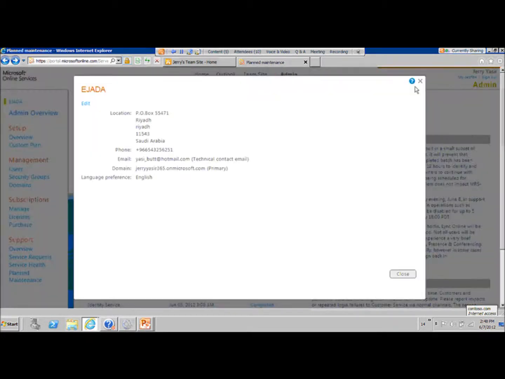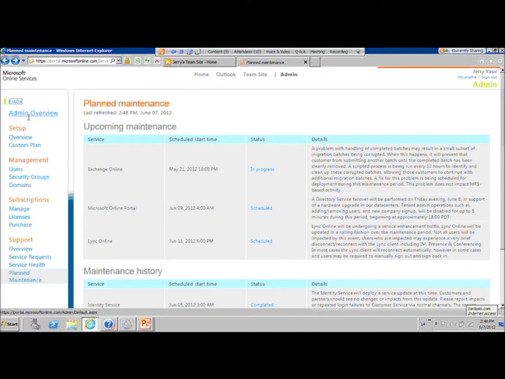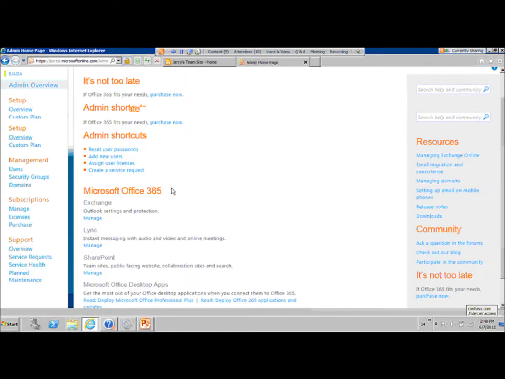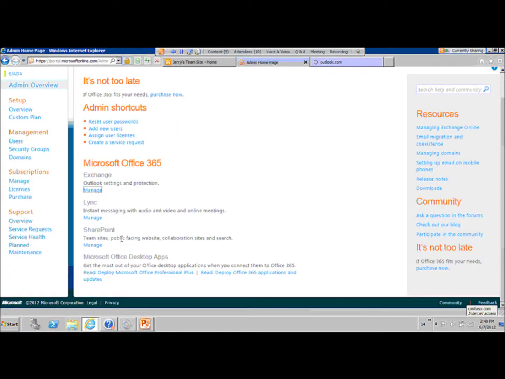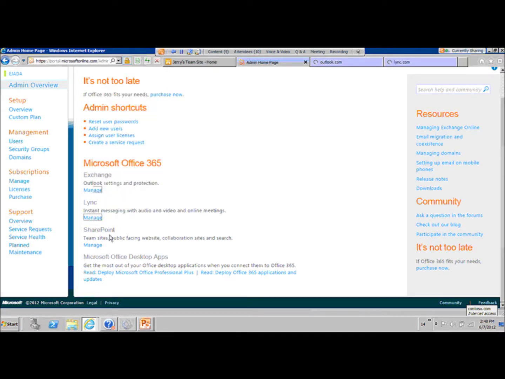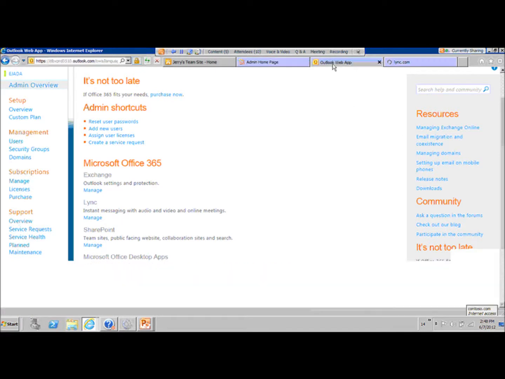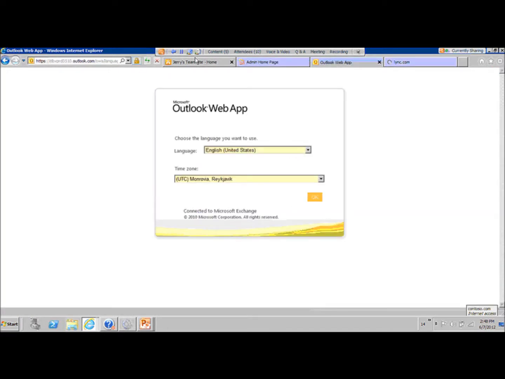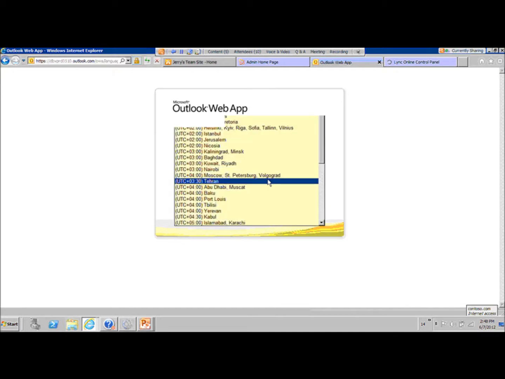So let me go back to admin overview, and I'll show you quickly the Exchange, Lync, and the desktop. So you see read updates. So if you click on that, it will take you to a page which will show you the steps to do this. So see, when I click on the email section, it is showing me that this is your email, so I'll say yes. So I will add